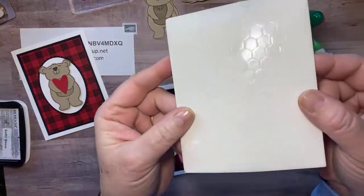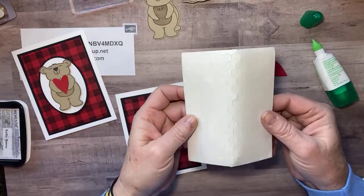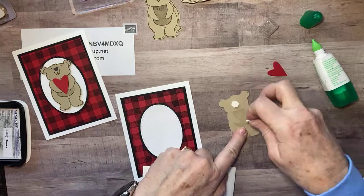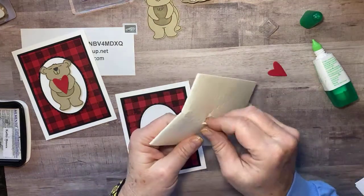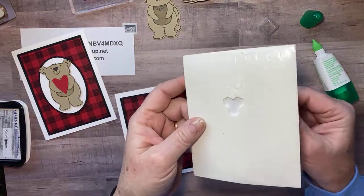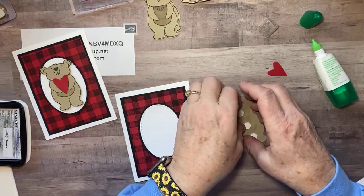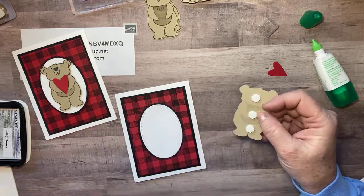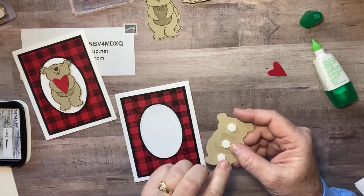And then I have here the dimensionals from the Paper Pumpkin kit. And I'll tell you what, look at these dimensionals. Have you ever seen dimensionals that big? Love these. Maybe now we need to sell standard dimensionals, mini dimensionals, and super big ones. Anyway, haha. Okay, so we take the backs off of those,